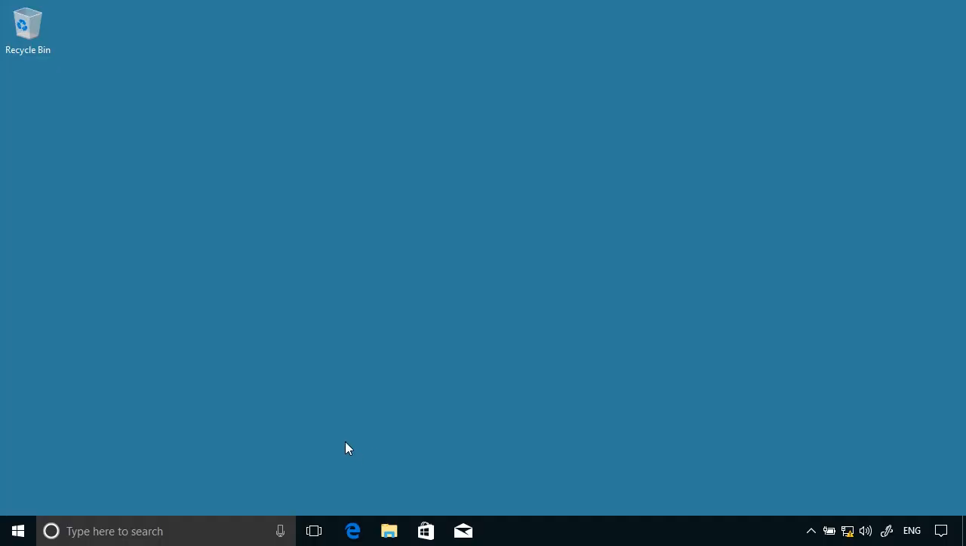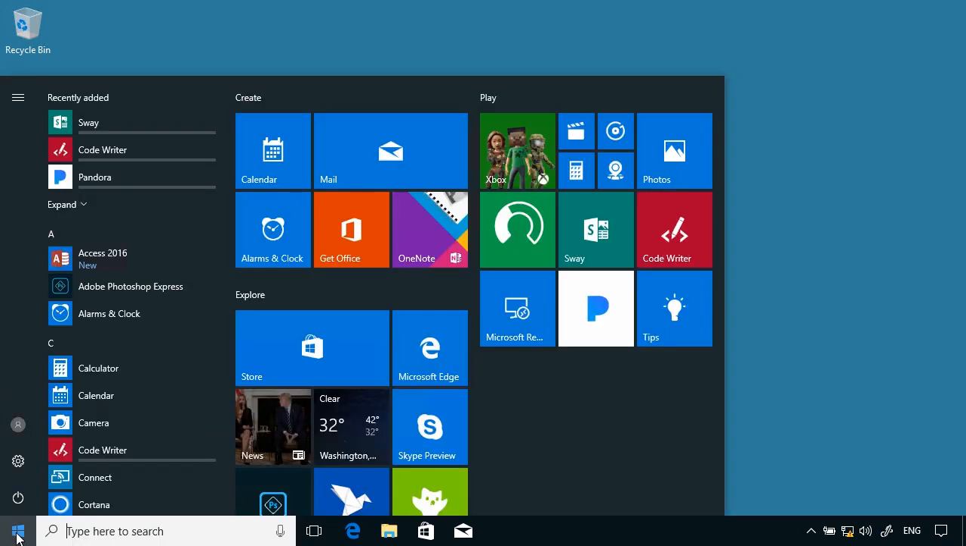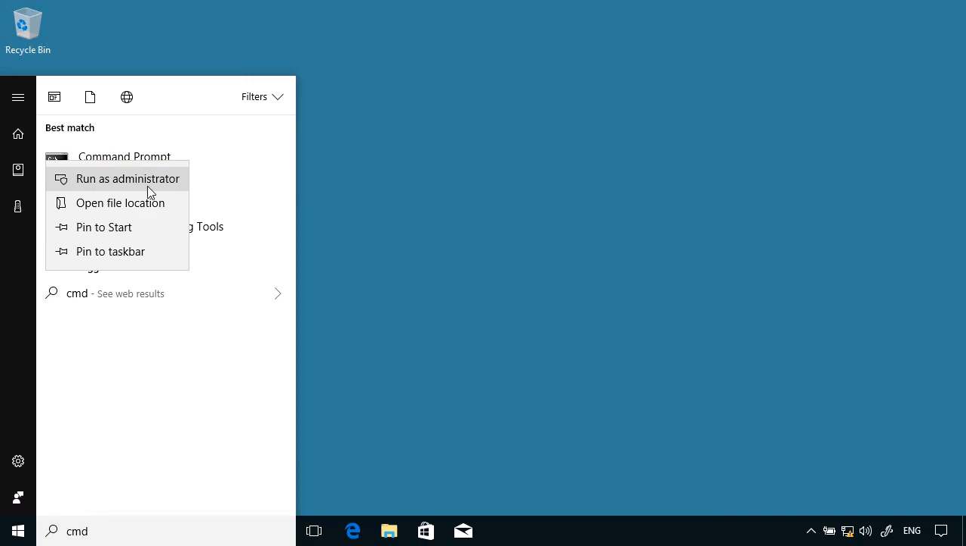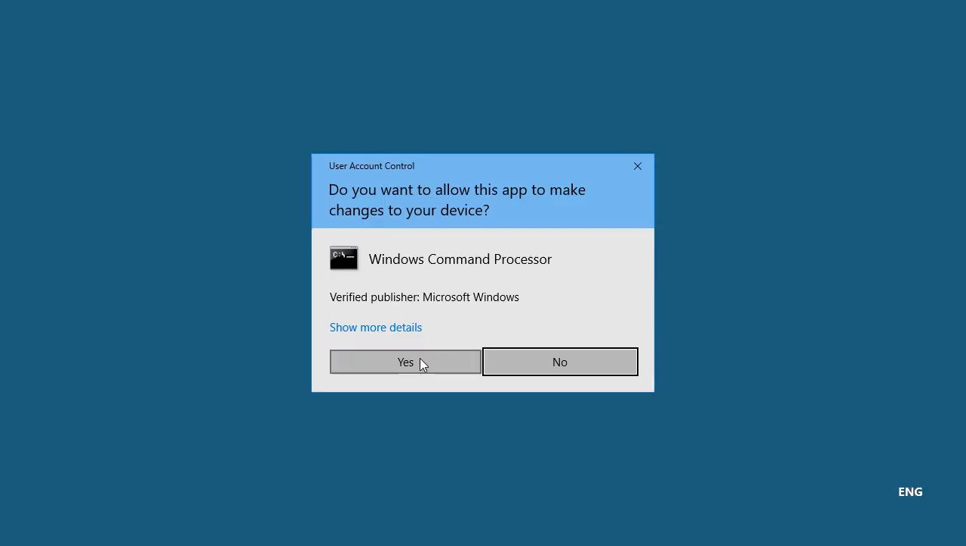Let's take a look at how to add a driver to the driver store. So there are a number of different ways you can add a driver to the store. I'm going to use the command line tool PnPUtil from an elevated command prompt. So open up command prompt, run as administrator, confirm the User Account Control prompt,